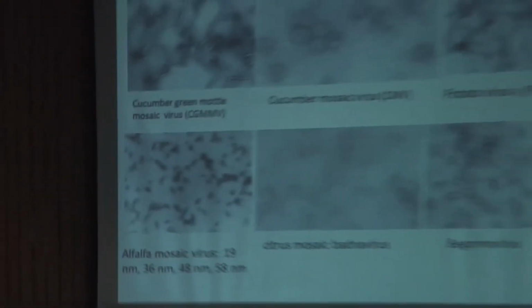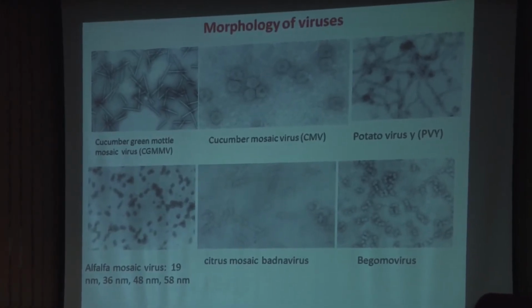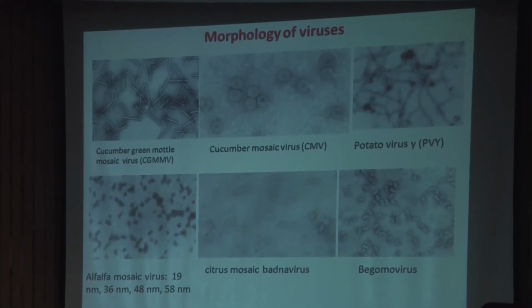These are some virus morphologies after you stain the virus and see it under the electron microscope. You will find different morphologies of viruses. If you have this rod shaped, this is a Tobamovirus, and the isometric virus is cucumber mosaic virus, and some flexuous rods like Potato virus Y. And alfalfa mosaic virus has 4 components, one spherical and others bacilliform particles, a multi-component virus.